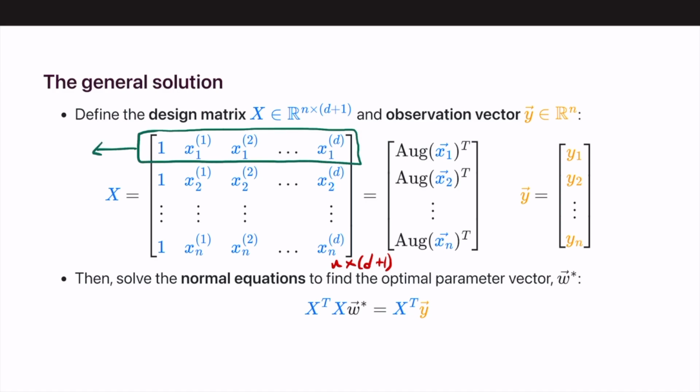So that's important. And then we can also just circle one of these. And that's important. Okay, so what does each row in our design matrix and each column in our design matrix represent? Well, each column in our design matrix is a feature by itself. And you can tell that because 1, 1, 1, 2, 2, 2, all the way to D, D, D, we have D features. So this is just